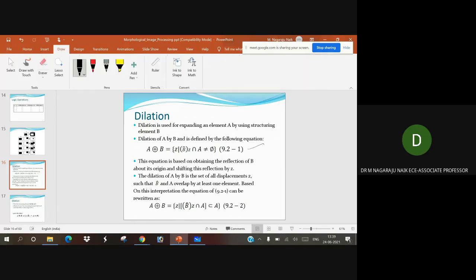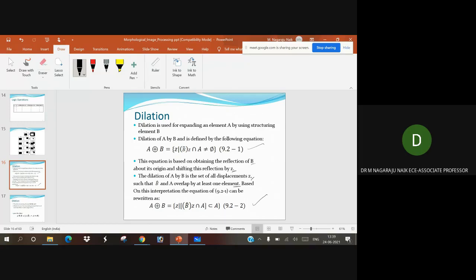This definition and the previous definition are both the same. This equation is based on obtaining the reflection of B about its origin and shifting this reflection by Z. The dilation of A by B is the set of all displacements Z such that the reflection of B and A overlap by at least one element.